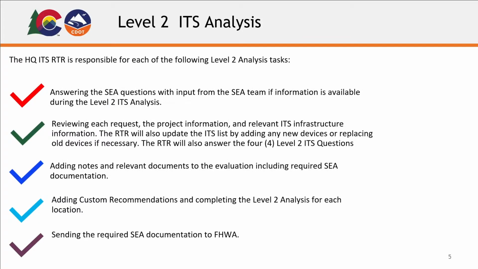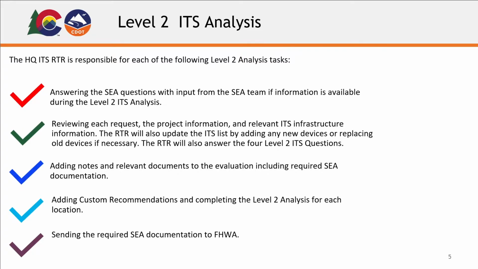The HQ ITS RTR is responsible for each of the following Level 2 analysis tasks: answering the SIA questions with input from the SIA team if information is available during the Level 2 ITS analysis, reviewing each request, the project information, and the relevant ITS infrastructure information. The RTR will also update the ITS list by adding new devices or replacing old devices if necessary. The RTR will also answer the 4 Level 2 ITS questions: adding notes and relevant documents to the evaluation, including required SIA documentation, adding custom recommendations and completing the Level 2 analysis for each location, and finally sending the required